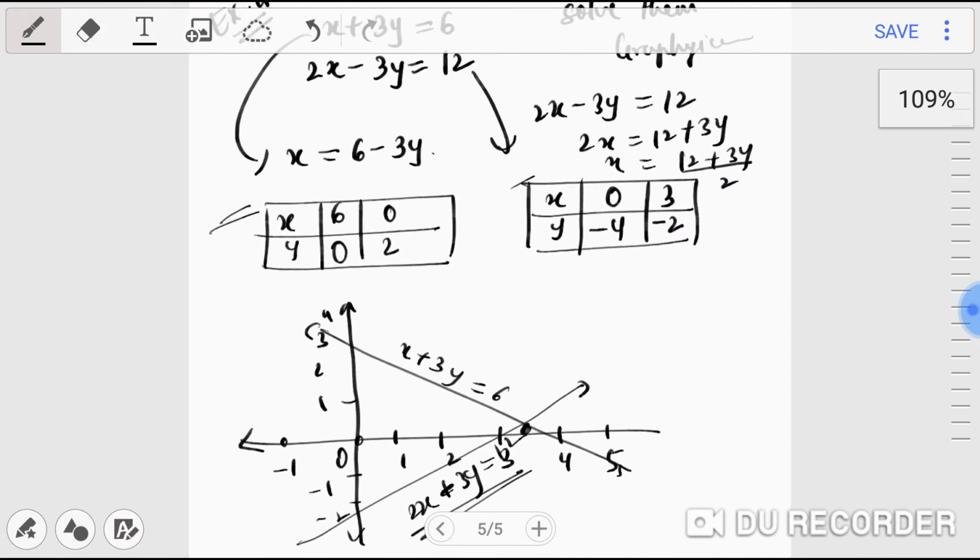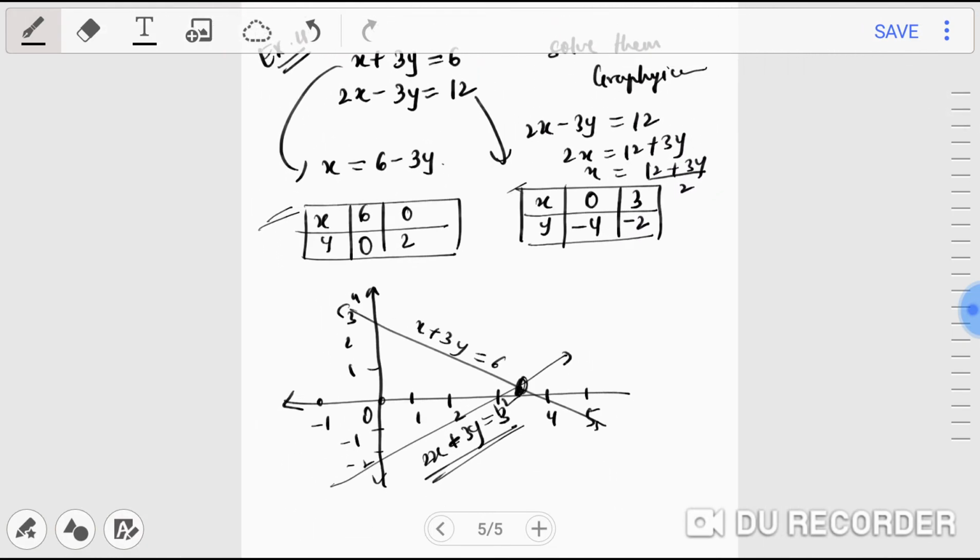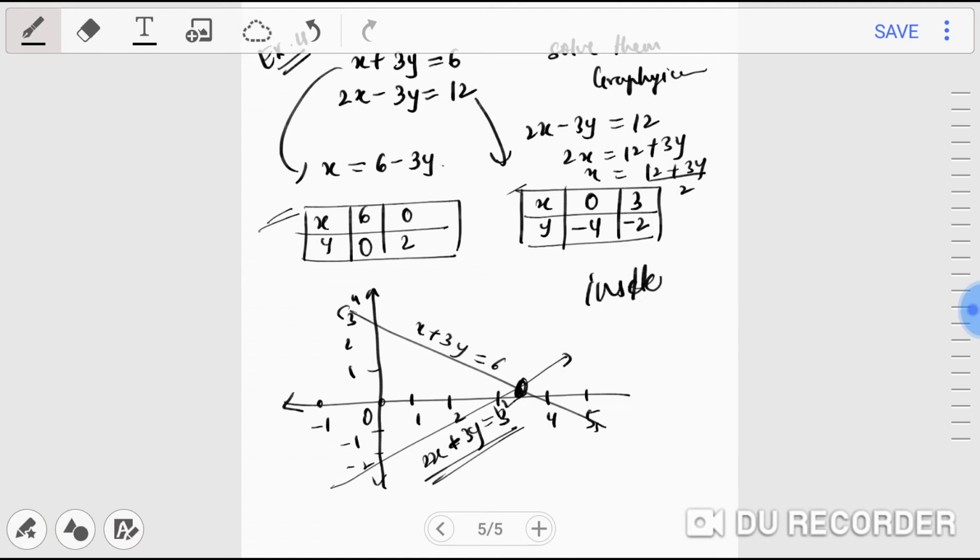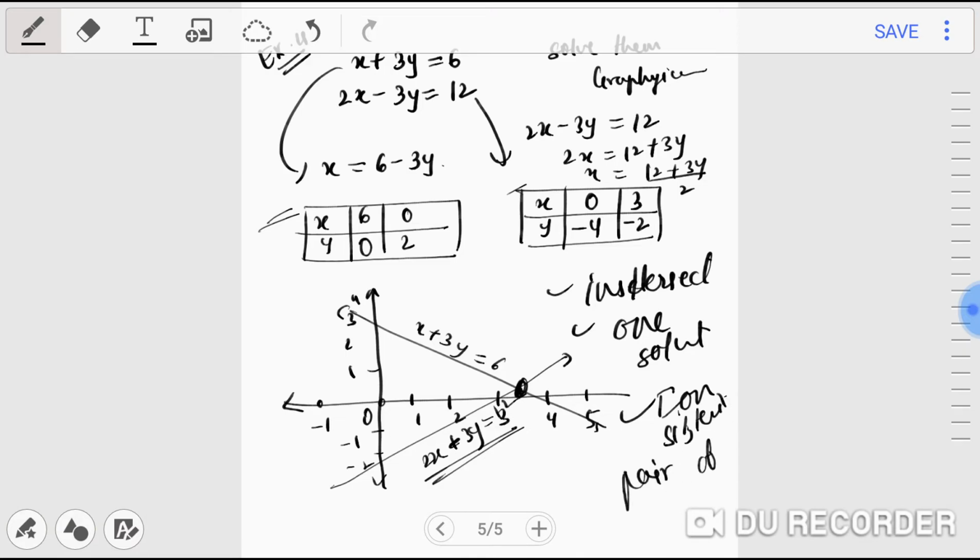So you got two lines here, and you will notice they are intersecting at a point. Now I have drawn it very roughly, so my intersection point will not be perfect as per your textbooks, but you will have one intersection point. So we can say that the pair of equations is consistent if it has a solution. अगर लाइन्स इंटरसेक्ट कर रही हैं तो इसके पास सॉल्यूशन है, वन सॉल्यूशन है. सो दैट मीन्स इट इज कॉल्ड एज कंसिस्टेंट pair of equations. Got my point clear? So this is called a consistent pair of equations.